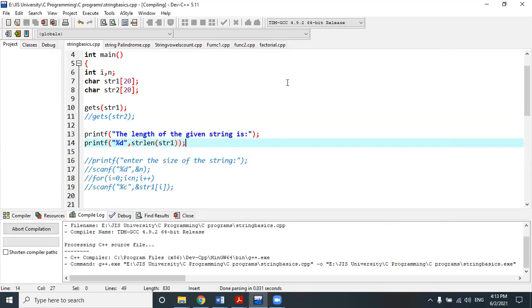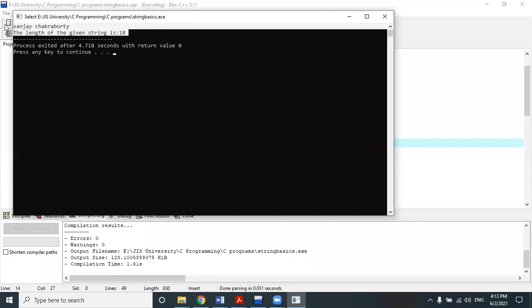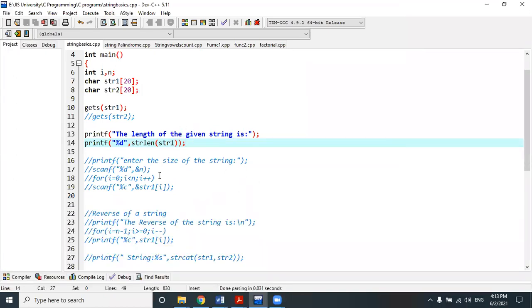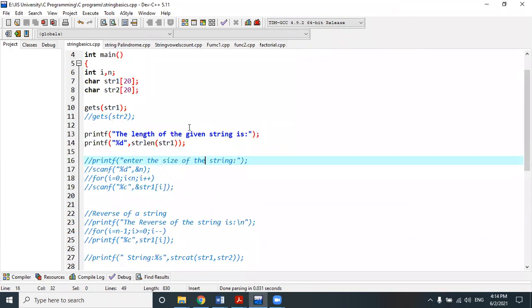Okay, let's check it out with one more example with a space. Okay, clear? So understand, in the last class, if you remember, I did the same job by writing 4 or 5 lines of code to count the length of the string. And here I did the same job by using only 1 line. Clear? So that is the advantage of using string.